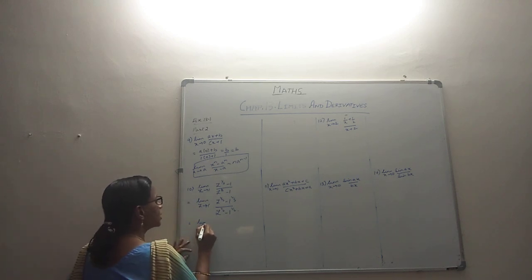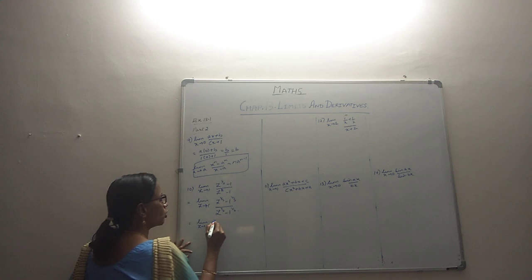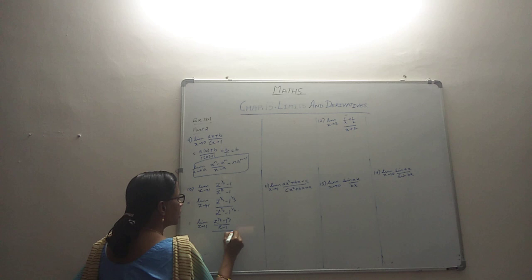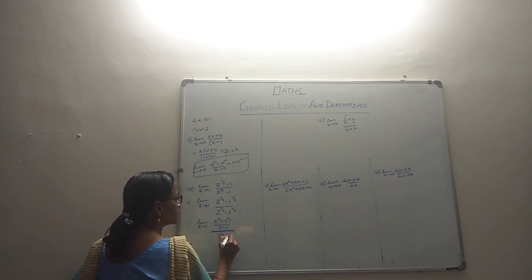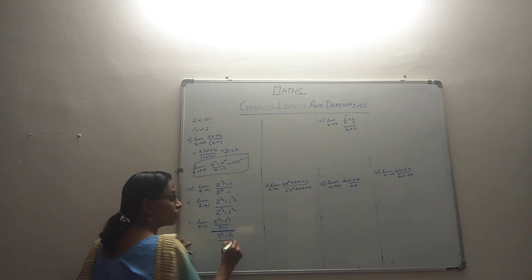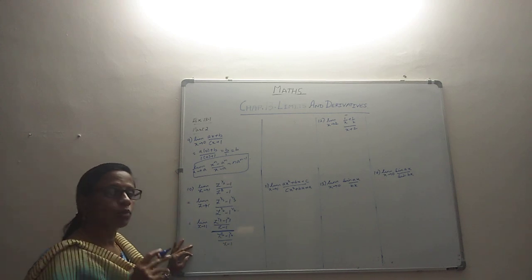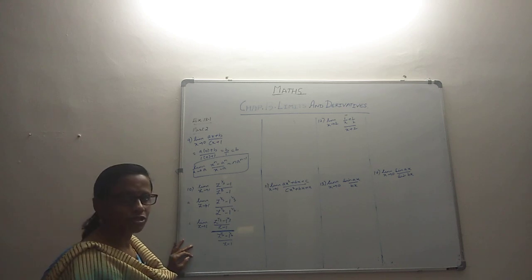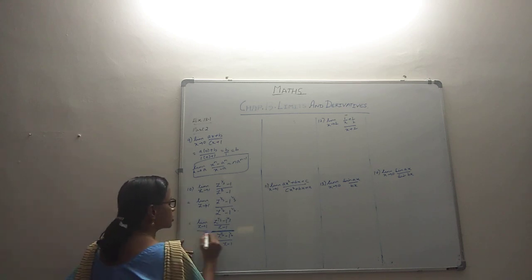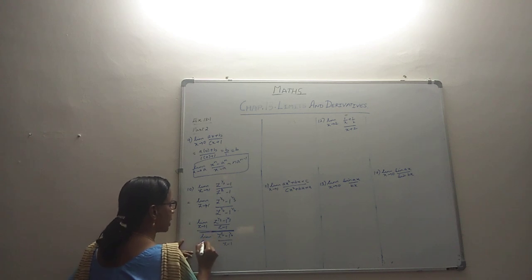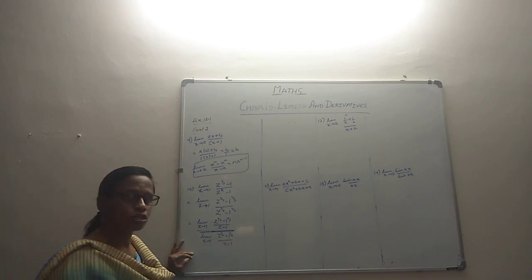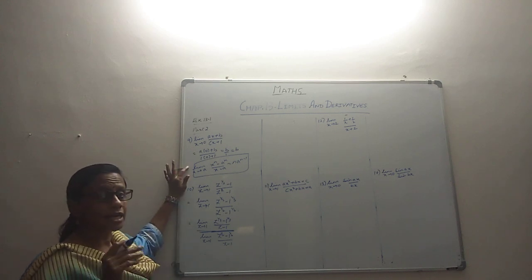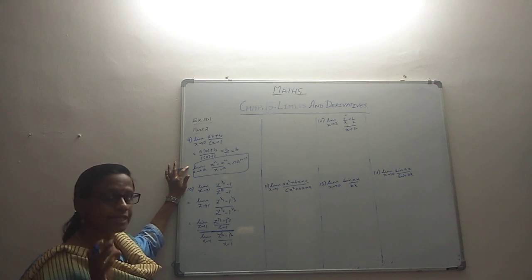See, doing something to both the numerator and denominator will not alter the value. So what we are doing is we are dividing this numerator by z minus 1. We are also dividing the denominator by z minus 1. Like that, the value of the fraction will not be altered. So whatever you do to the numerator, if you do to the denominator, the value will not be altered. And in limits we know that there is no harm if we share the limit value between the numerator and denominator separately. So we do that for our convenience so that we are able to apply this. So we apply this result both in the numerator and denominator separately, and let's see how it works.